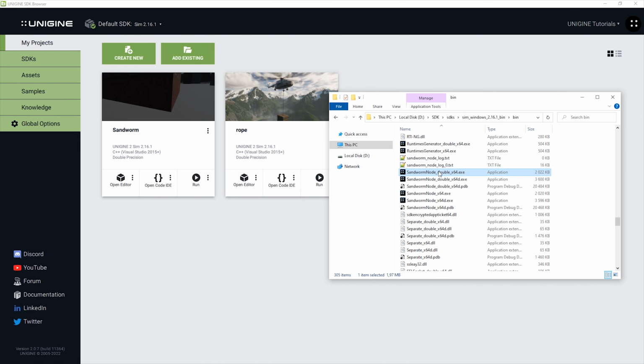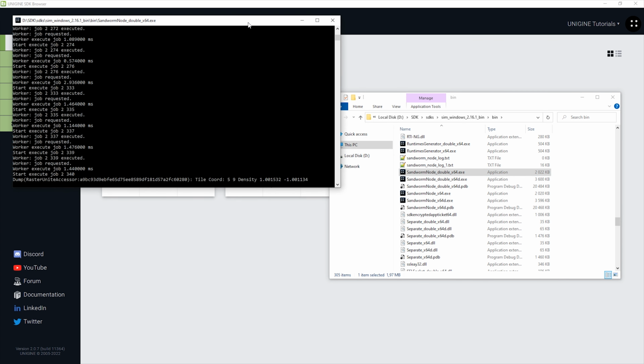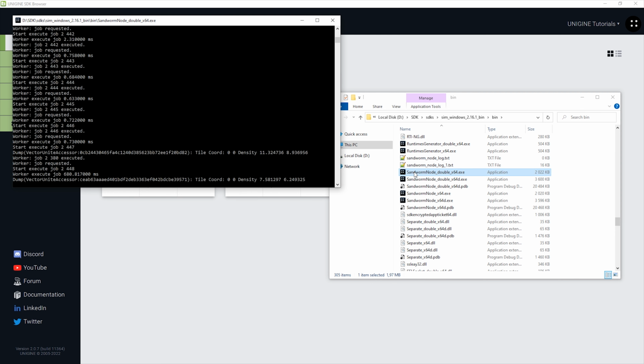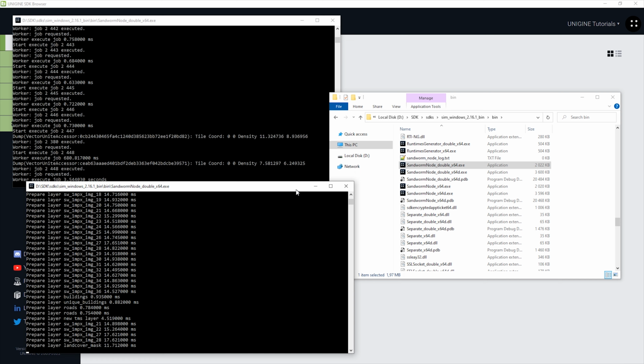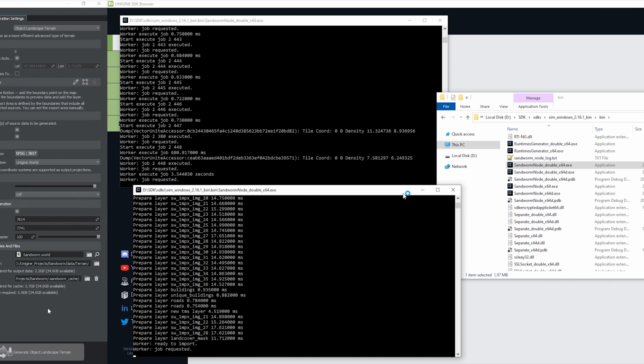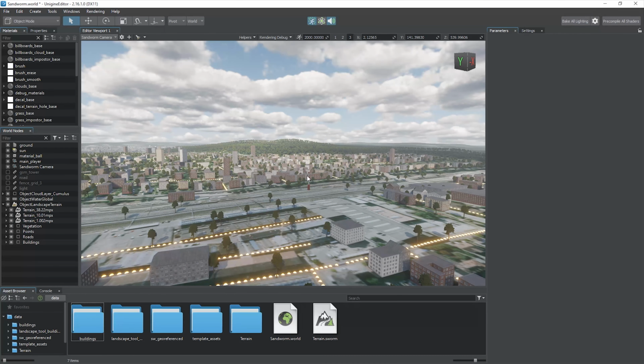It doesn't matter in what order the generation and workers start. You can launch new workers after the generation has started. On workers with multi-core CPUs, you can run several Sandworm nodes, speeding up the data processing. Distributed processing will significantly speed up the generation of a large terrain, and the result will become available on the master computer.